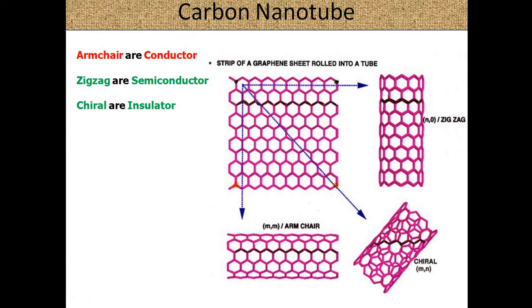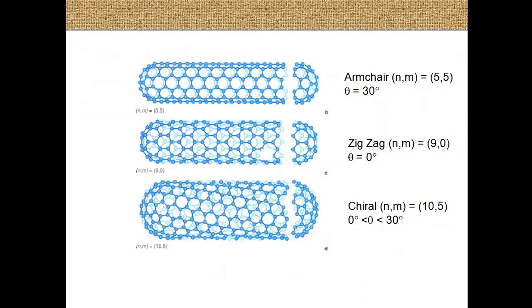And that's why, my dear friend, this material has tremendous application in the engineering field and the technological field, because this is the beauty of this material. This material can be converted into any form: conductor, semiconductor, insulator. So properties are changing and the applications are changing. So new fields will open for this carbon nanotube. We can use this carbon nanotube in different fields. So there is a huge scope for use of carbon nanotube in different fields.